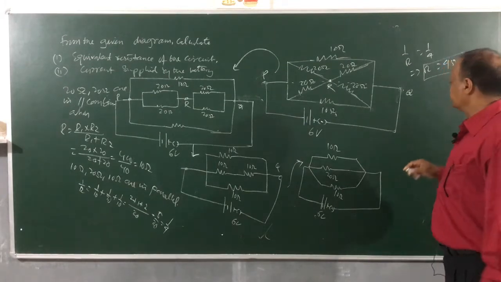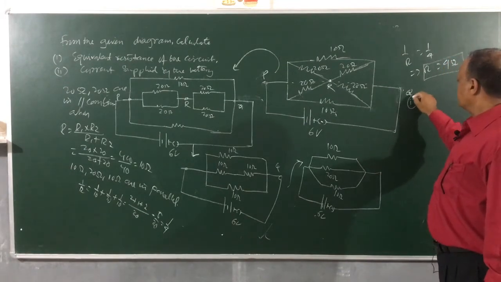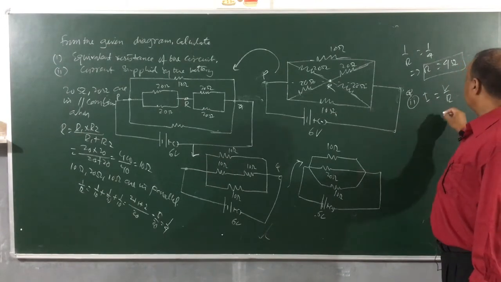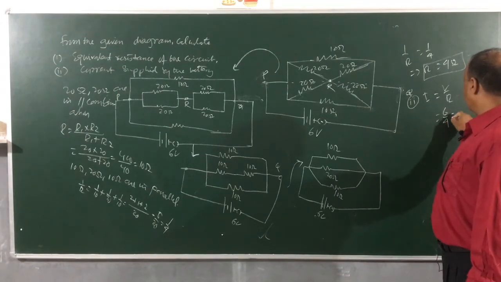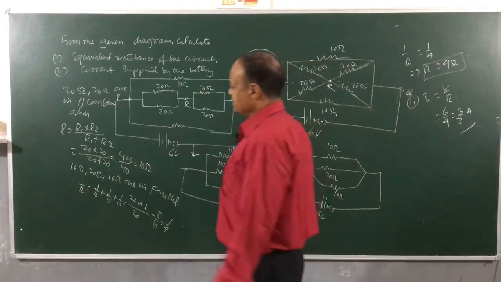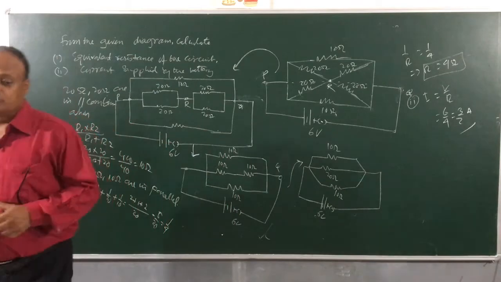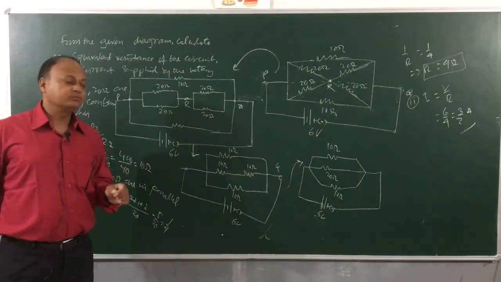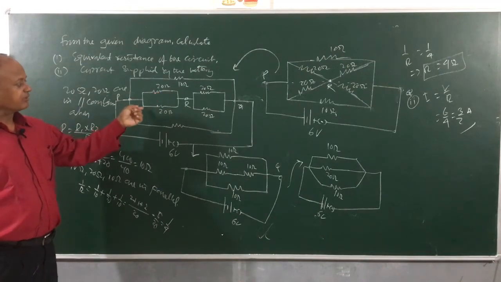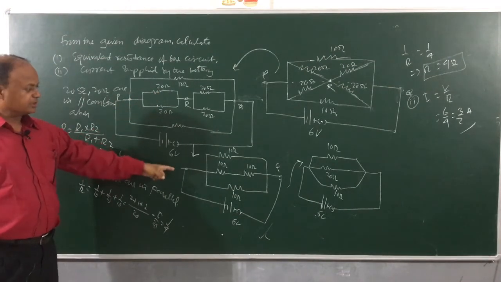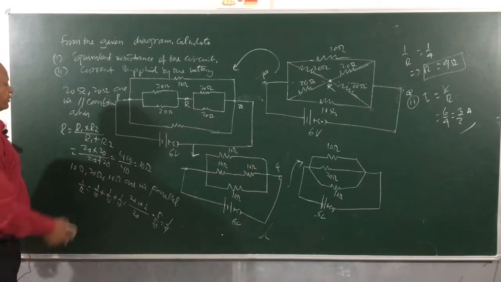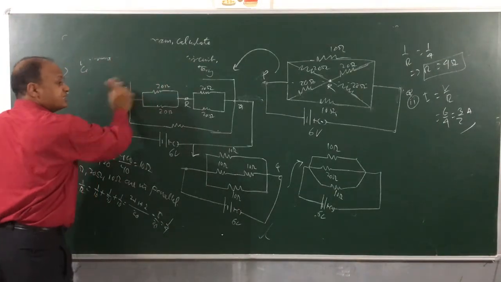4 ohms. Now second part they are saying current supply. So I is equal to V by R. How much is V? 6 by 4, 3 by 2 ampere. So this is a very simple problem we did, but you need to remember that every time you are dealing with the problem, you need to simplify. From that circuit we come to this circuit, from this we come to this, and that is the final circuit we have drawn. Okay. So I hope you have understood it. Let's see another problem.